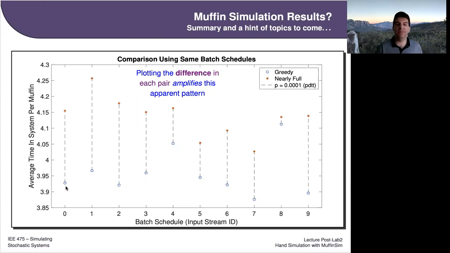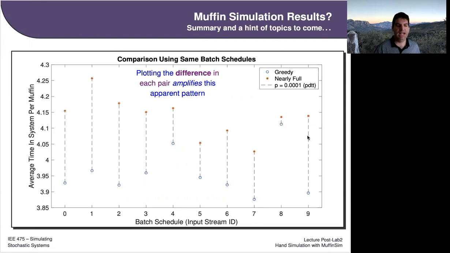And by plotting them this way, I can see that the red points are always on top and the blue points are always on the bottom. So it further amplifies this pattern that the greedy policy is faster. So, we've got